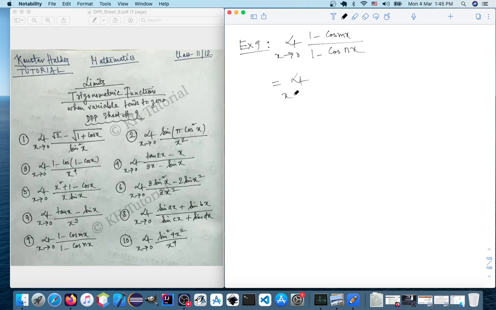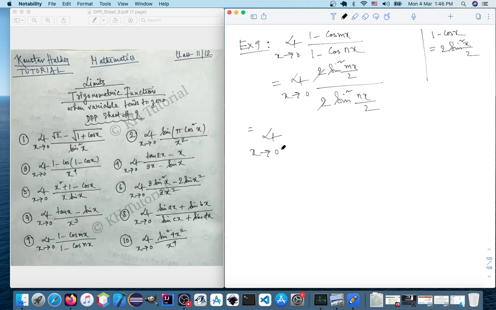So using the formula, 1 minus cos x equals 2 sine square x by 2, we get 2 sine square mx by 2 divided by 2 sine square nx by 2. 2 gets cancelled out, and we have